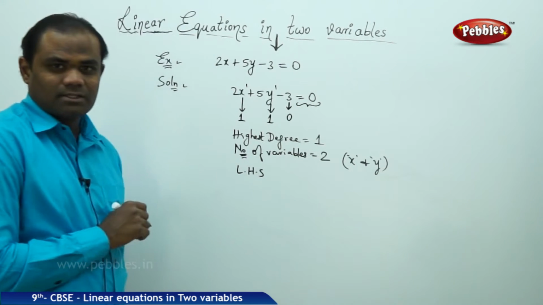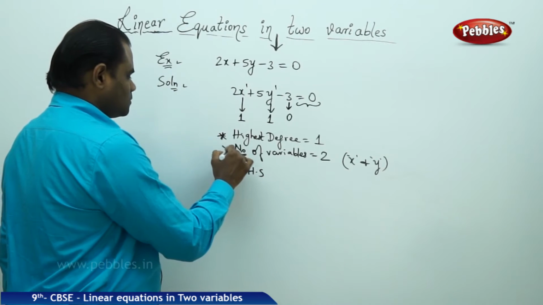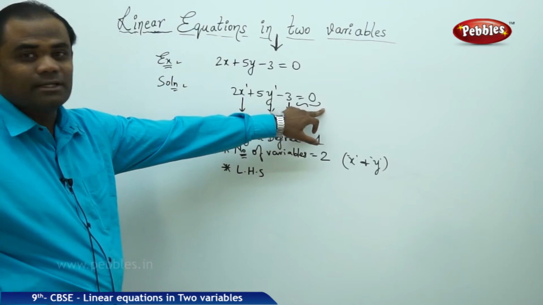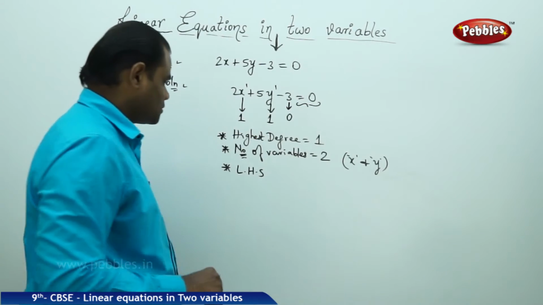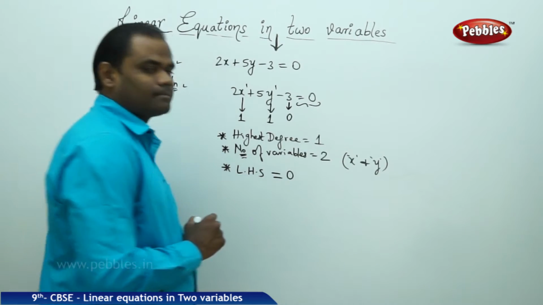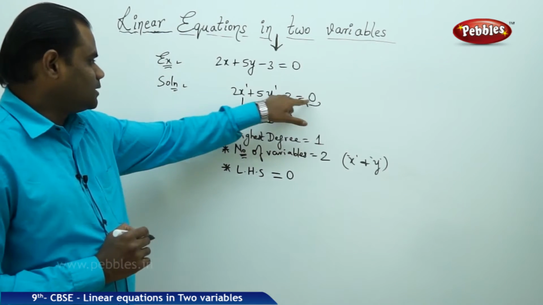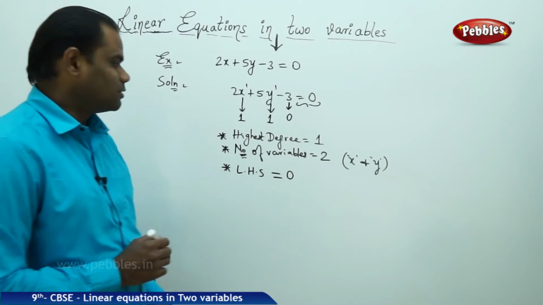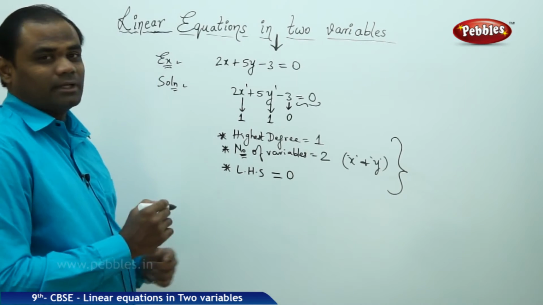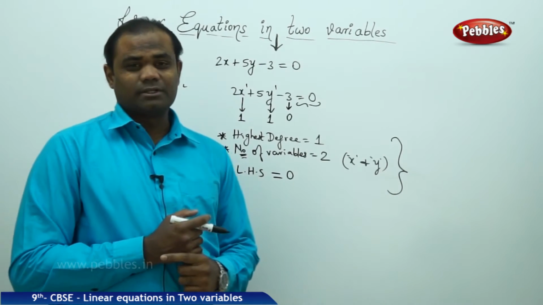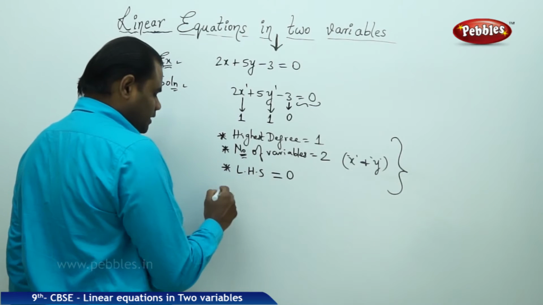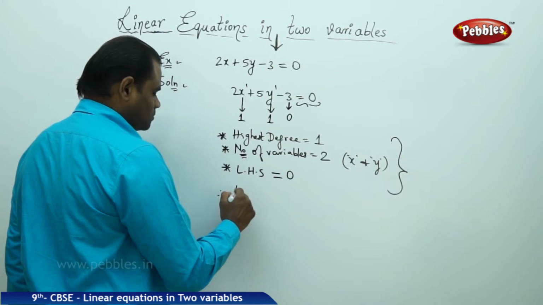The rule 3 is that the left hand side of the polynomial is equated or can be equated to 0. So left hand side is equated to 0. Therefore, on these three conditions, I can say that the given problem is a linear equation in two variables x and y. If I have these three conditions satisfied, therefore,